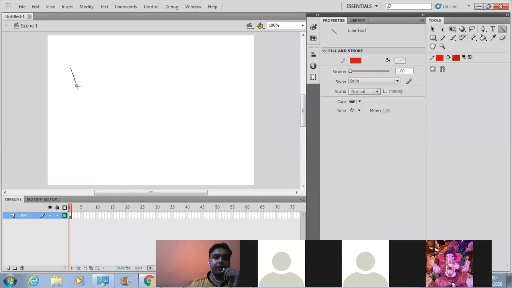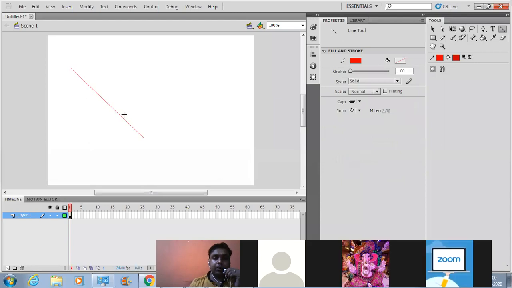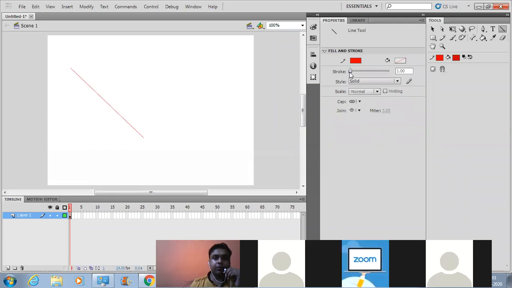If I select this line tool from here, and draw a line like this, all the properties of this line will get reflected over here in this properties panel. Are you all able to see the properties of the line over here in this properties panel? Yes, sir. Okay.